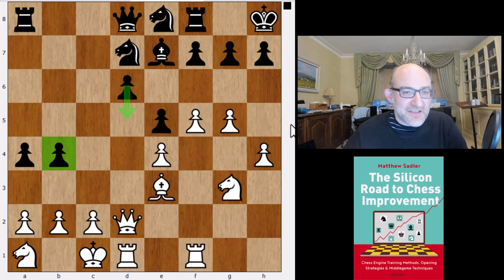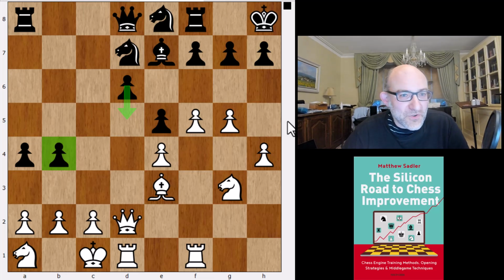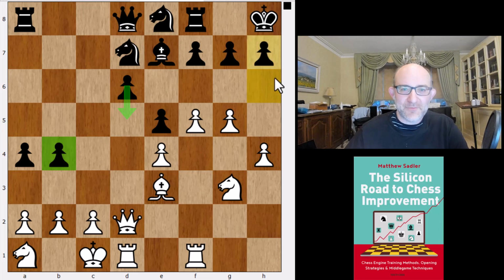But I'm just going to line up on the king side and just increase. And what are you doing here? What on earth is your plan? And the amazing thing that Leela and Komodo Dragon and Stockfish were coming up with was this